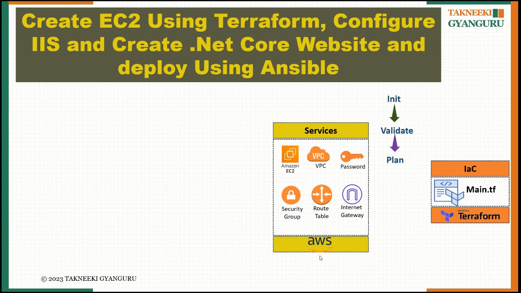The plan command is basically a preview of the target architecture, right? What we are going to create in AWS. And then once the plan is fine, we will execute the apply command. The apply command will create these services in AWS, right? So once it is done, our